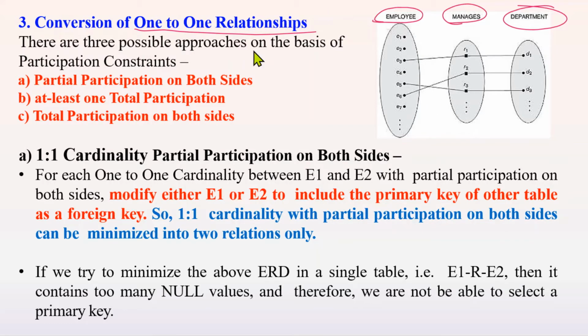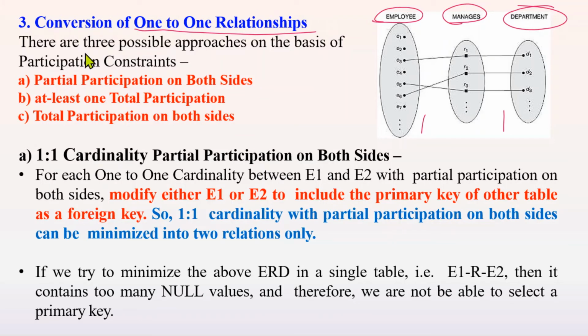So cardinality is representing the maximum participation. As this is a one-to-one relationship, the maximum participation from the first entity side is 1. On the department side also, the maximum participation of each entity in the relationship is 1. So we can say that the cardinality is 1 to 1, because the maximum participation from each side is 1. One entity cannot participate in more than one relationship.